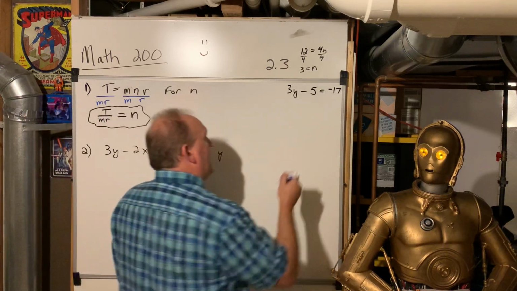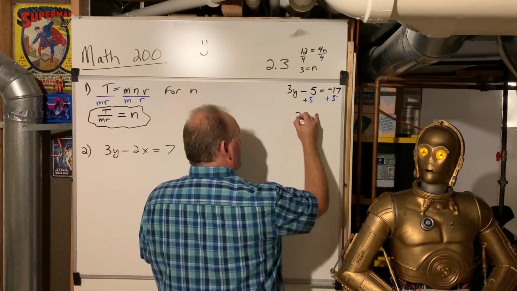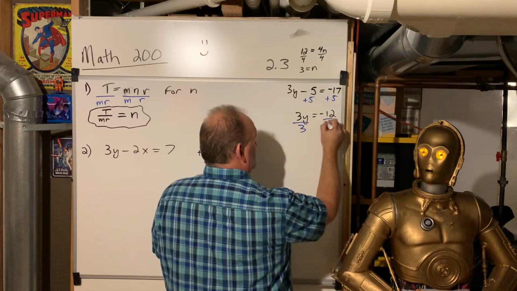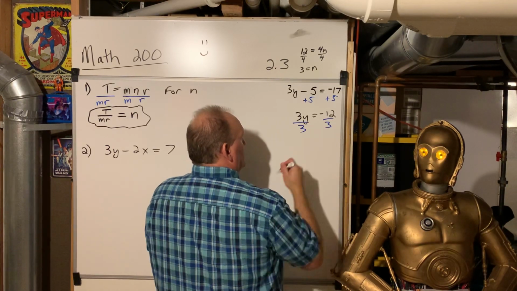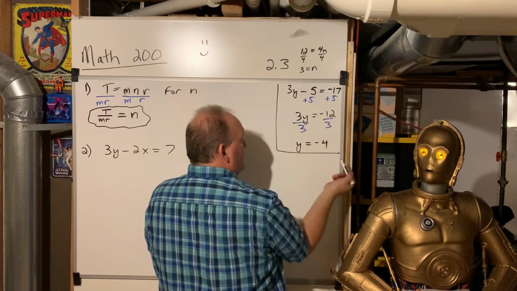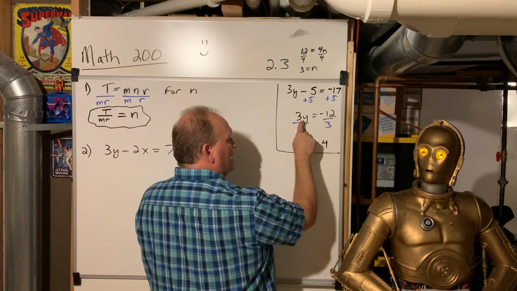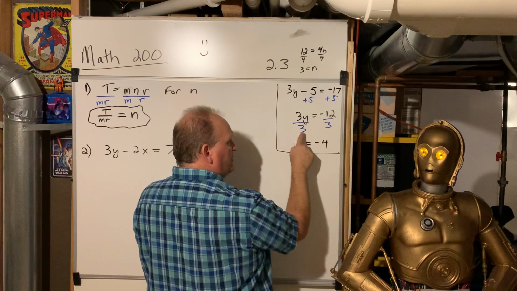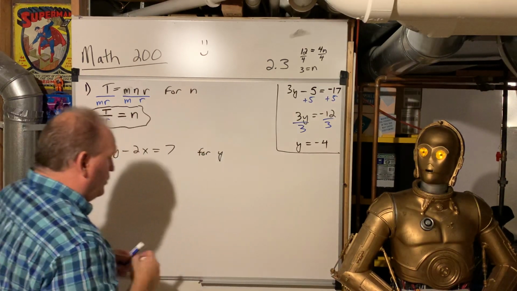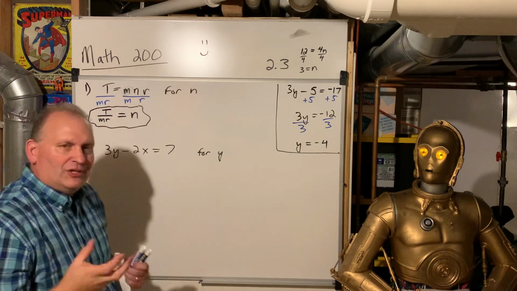We would add 5, and then we would divide by 3. So y would equal -4. That would be how we would do that two-step equation. We isolate the variable, get rid of the 5, so now we've got 3y all by itself, and then we divide by the coefficient, the number in front, to get 1y equals -4. And that's the answer. We are going to do the same thing here,